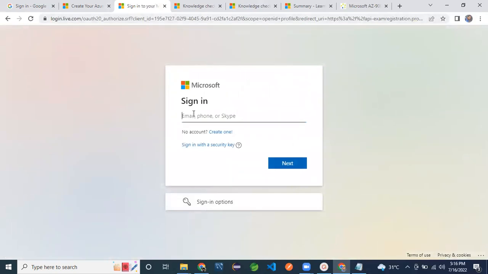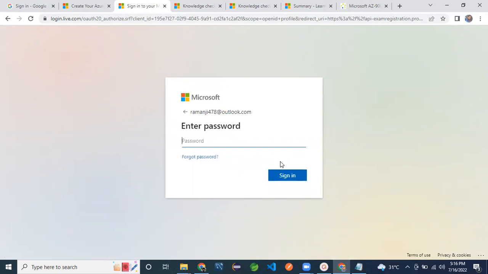Here you have to give your mail ID. Whichever mail you want to book with, you can use that mail ID. That mail ID should have a Microsoft account.